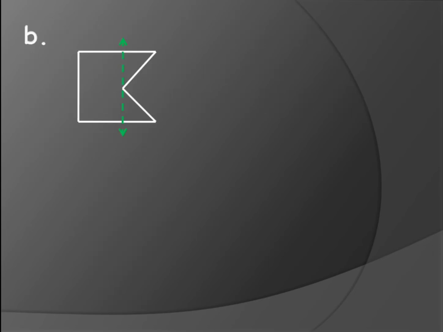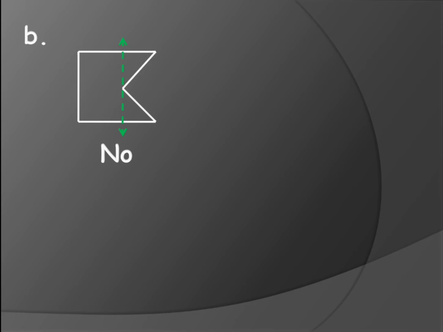Next, here you have another shape where you also have a line given. Now check, here the line is vertical, a standing line. We have to check whether the left side of the line and the right side of the line are similar or not. Are they similar, children? No, right? Here you have a corner and a slanting line on your right side, whereas on your left side it is a complete standing rectangle, isn't it? Both are different. So this line is not the line of symmetry, so you will write no.